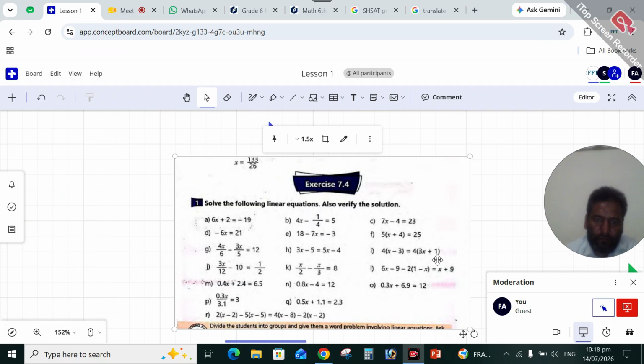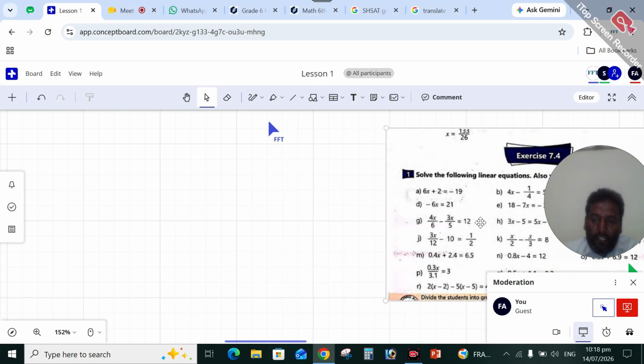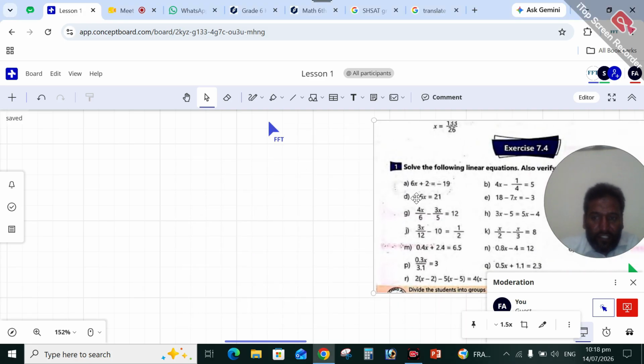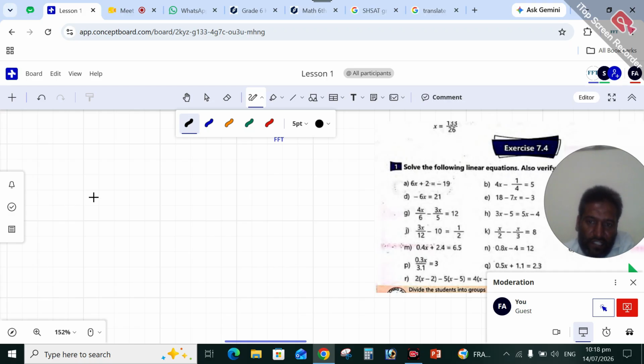And then where do I have to write the answers? This one? Yes, you have to find out the answer of this question. Let me try to solve the first question, right? Okay. So the equation is given that